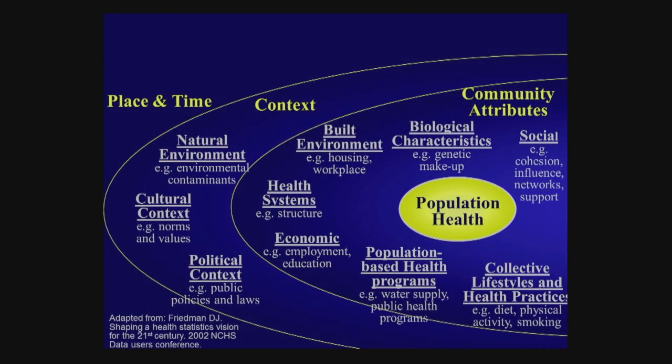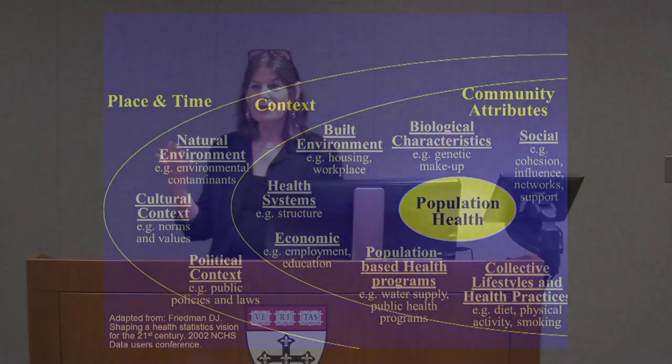What are the environmental conditions? They're shaped by the cultural context in which we live. So there are norms and values. And of course, they're shaped largely by the political context. So what are the public policies and laws that actually influence community factors downstream? So even though we often think of social and economic factors as upstream characteristics, they're still shaped by politics, culture,